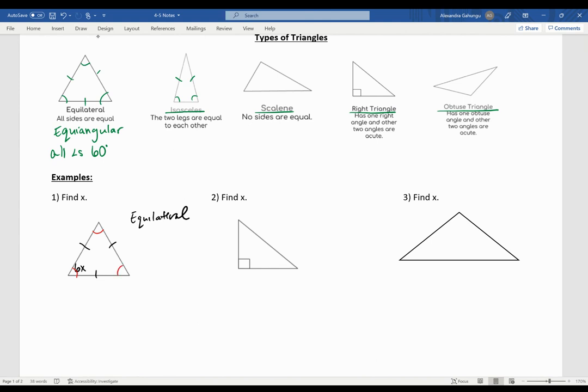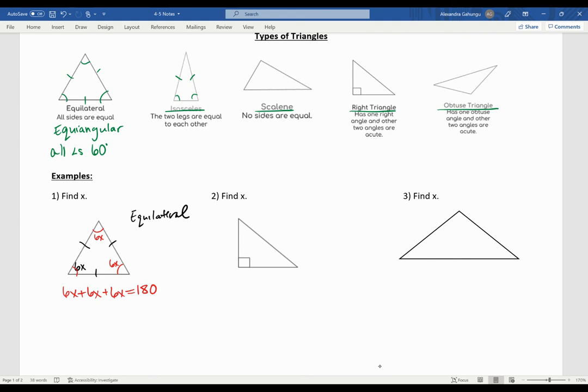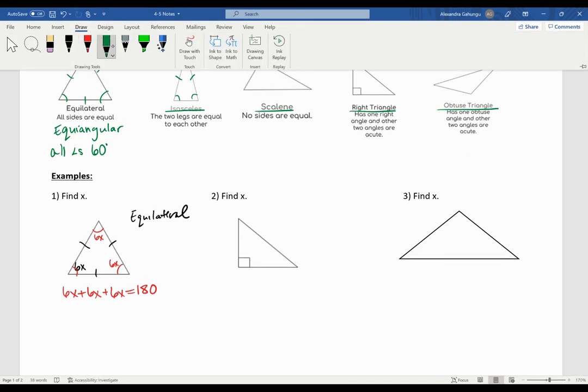So that means all of these are 6x. So it's 6x plus 6x plus 6x. That adds up to 180. You could also just see it as 6x is equal to 60, right? Because